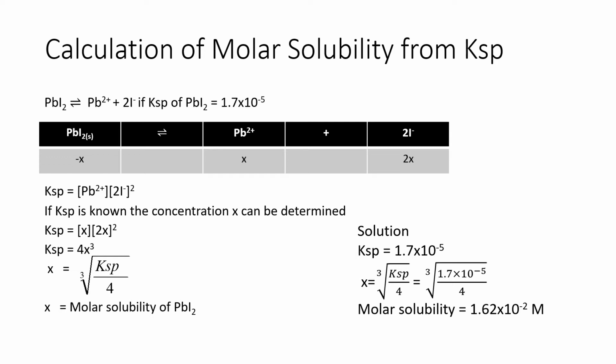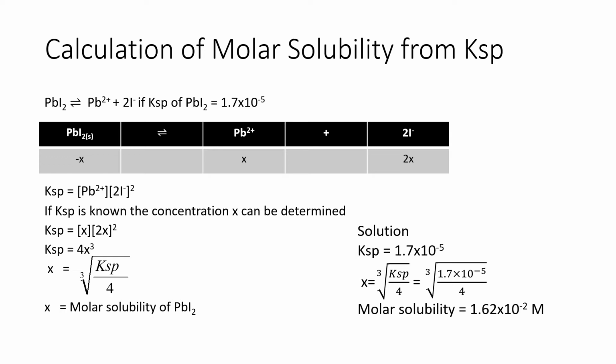So if you rearrange the equation, you can solve for X, which is the cube root of Ksp by 4. So this is the equation that you're going to use to determine the molar solubility, or the value of X,